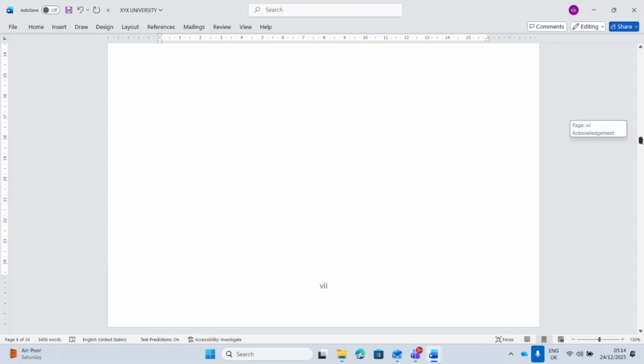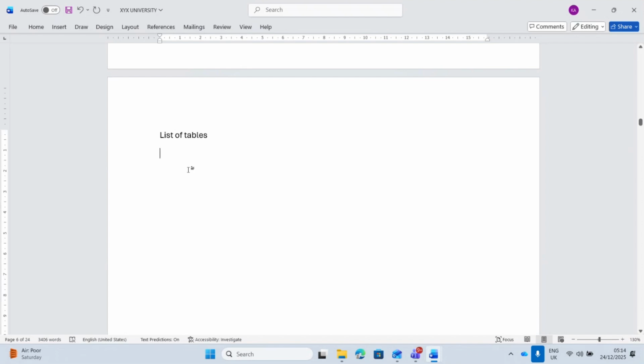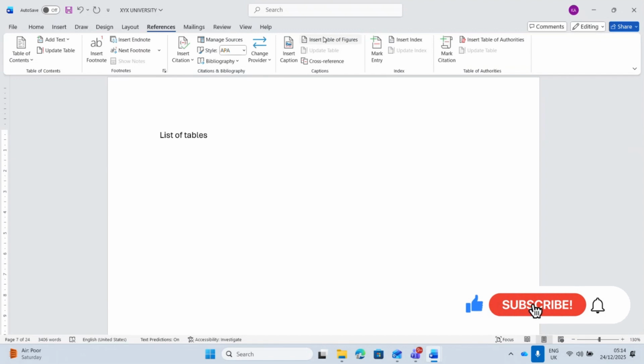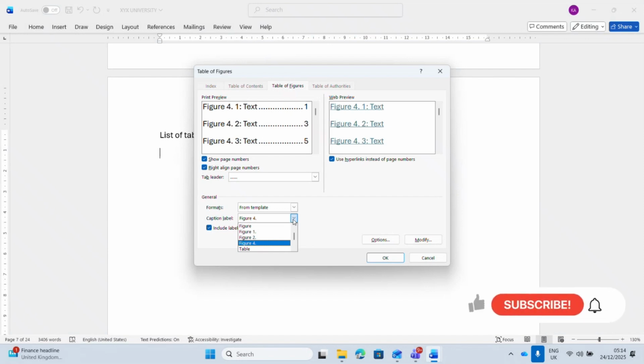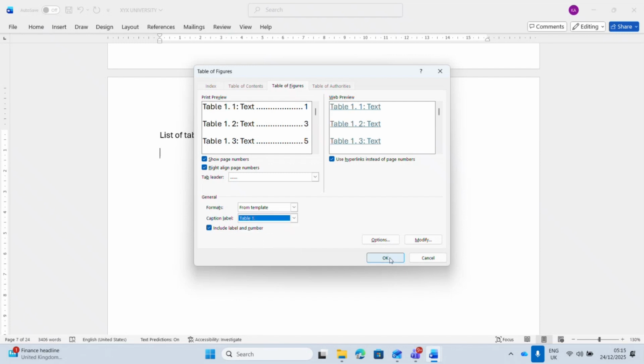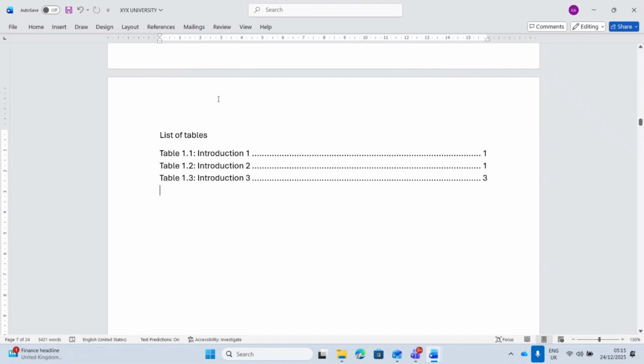VII, that is 7, right? Good. So now I need to generate my list of tables. So I go to references, then I locate insert table of figures. And here, because I labeled my tables based on both figures and then tables based on my chapters, I need to come to tables and select table 1 and I click on OK. Just need to do it one after the other. Right, so it populates all the tables